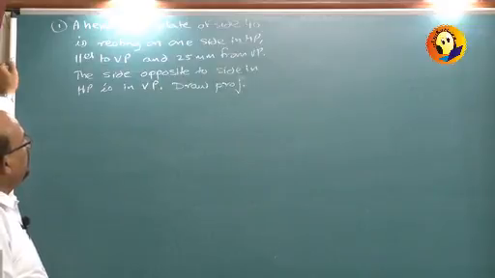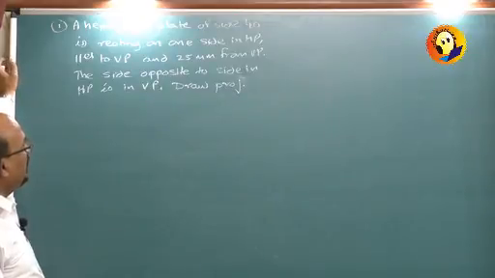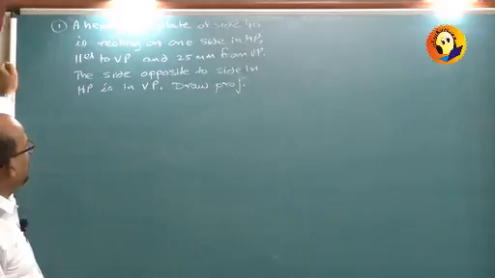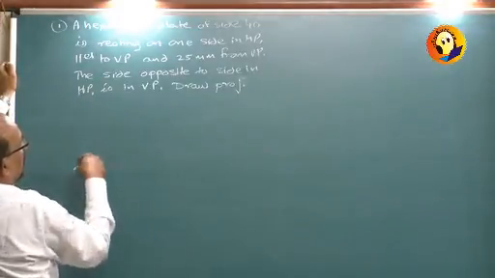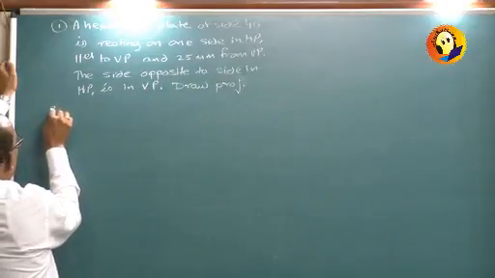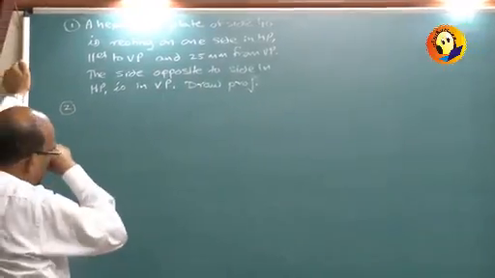A hexagonal plate of side 40 is resting on one side in HP, parallel to VP and 20 mm from VP. The side opposite to the side in HP is in VP. Draw projections. And second problem,